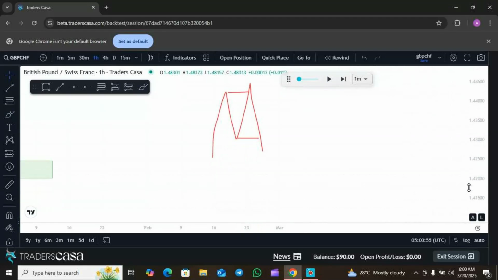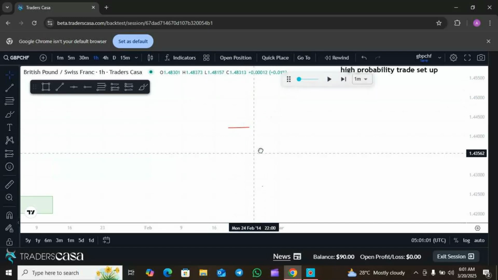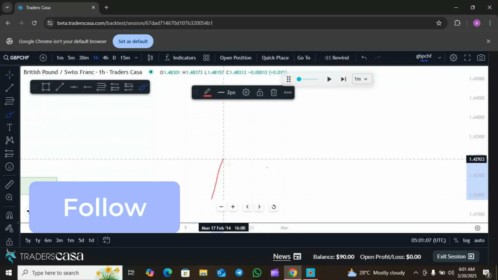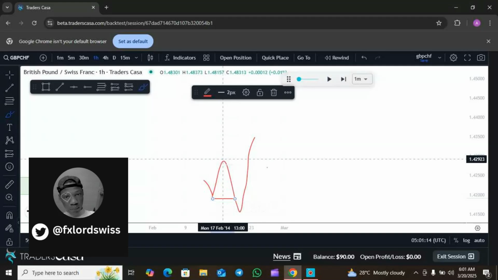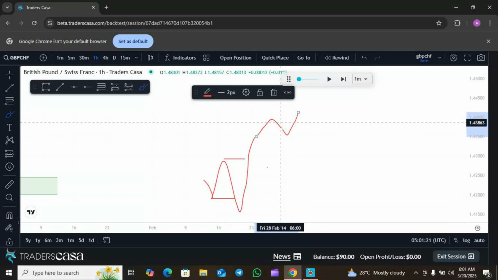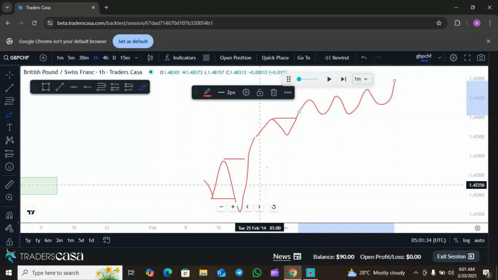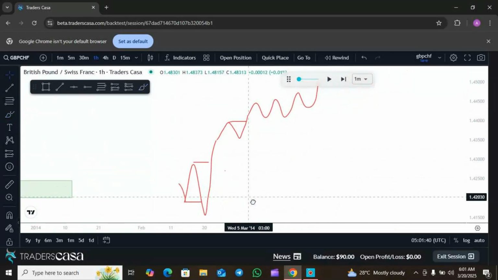In a situation where you have a breaker block plus the breaker block inducement, and the market continues upward and is not coming to your POI immediately,